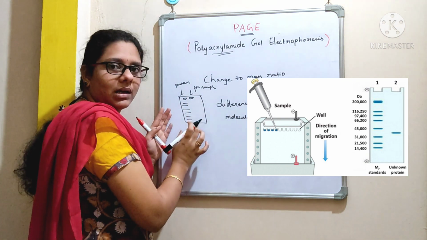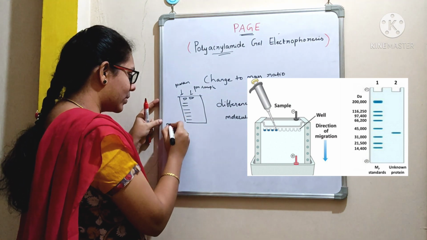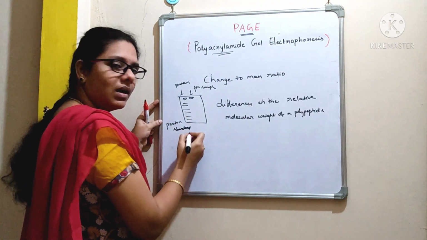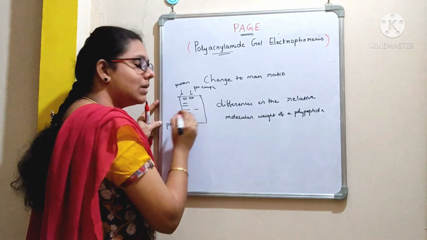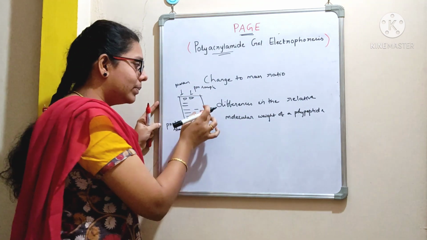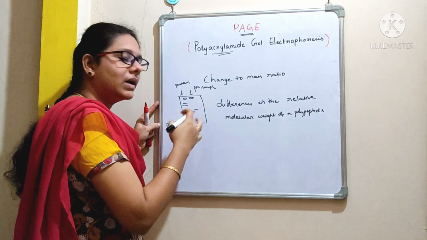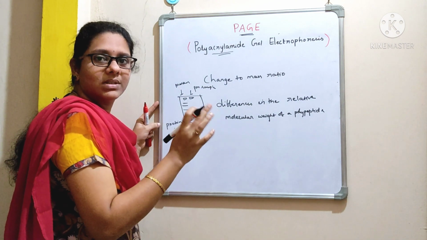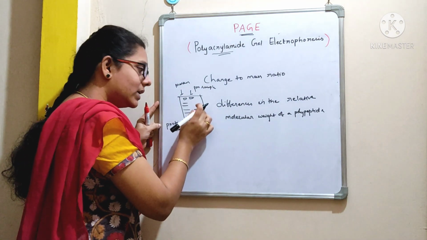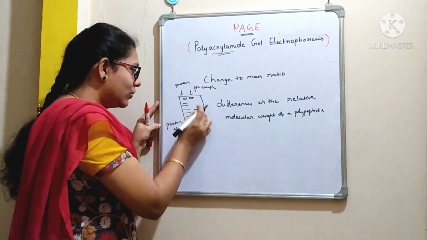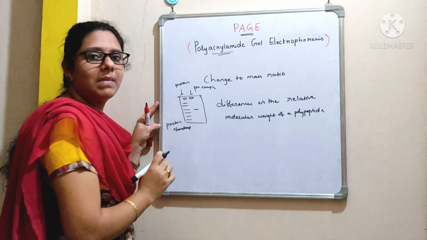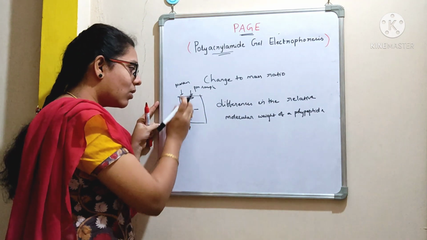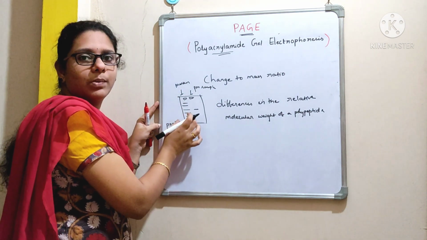So this is a marker protein. We can also call it a protein standard. Okay. And here you got a single band. The single band indicates the purity of a protein. Of course, you may get 2 to 3 bands if that protein possesses subunits. And if you want to determine the molecular weight, you need to compare it with the marker, because here we already know the molecular weight of these protein bands.